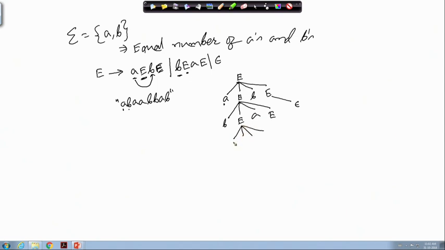So, this is A E B E, where this E gives me epsilon and this E also gives me epsilon. So, we have got A, B, A, then again A, then this E can give me epsilon.